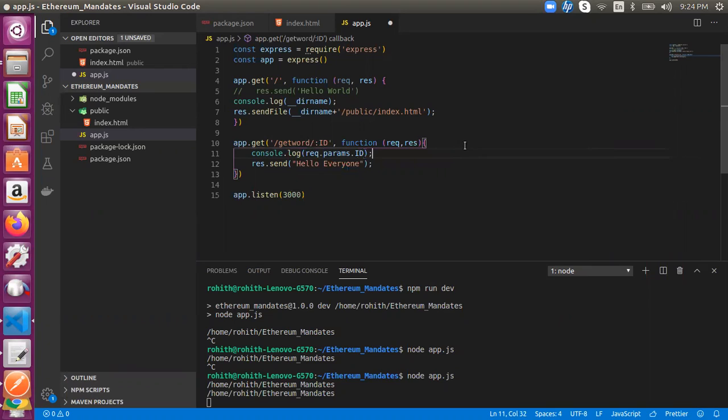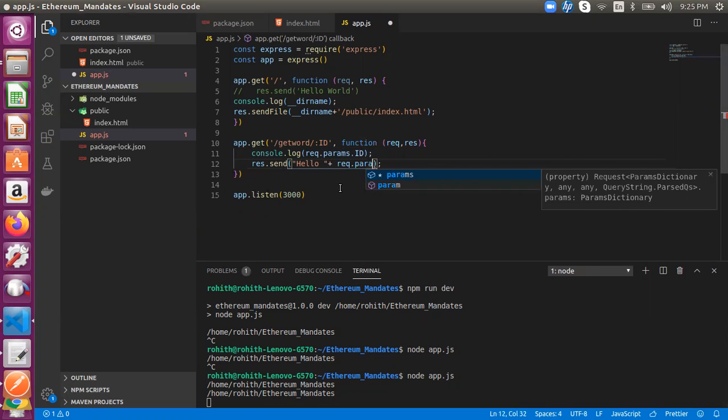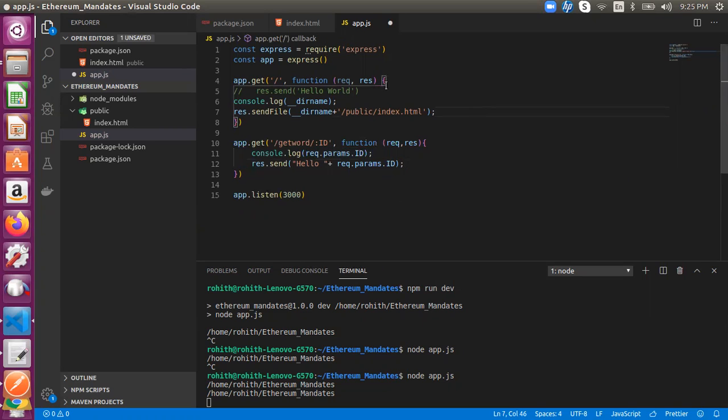So in the header, along with get word, I'm trying to pass the parameter in the route. I'm printing that, and I'm also sending back hello plus this request.params.id. Since it is a parameter, we are using params. Express has the keyword params.